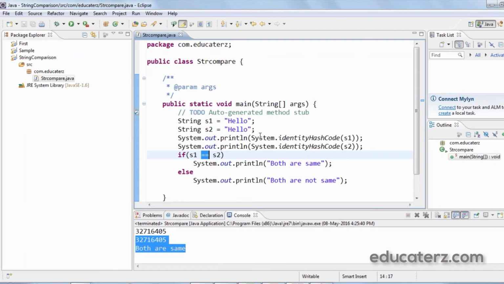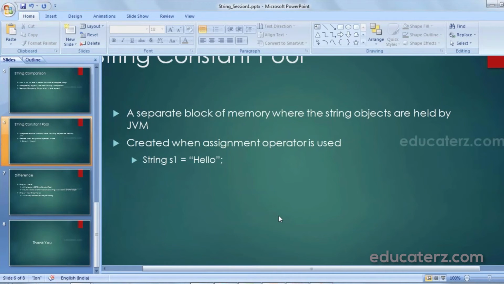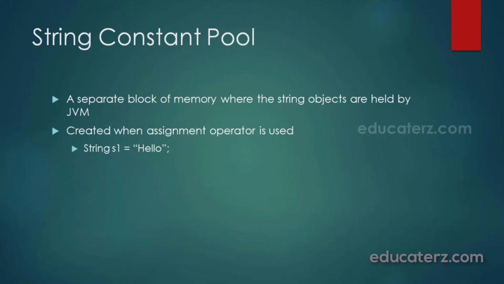So here when I use the single assignment operator, the string constant pool comes into the picture. That is nothing but a separate block of memory where the string objects are held by JVM. Whenever I use the assignment operator, JVM creates an object in the string constant pool.